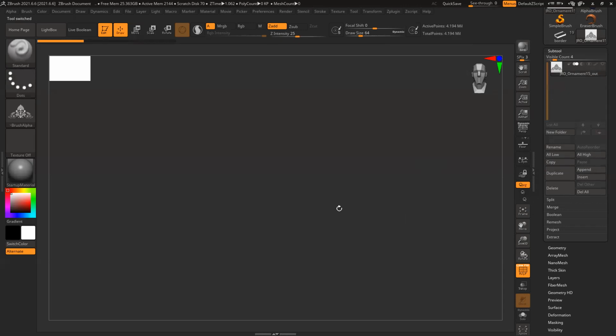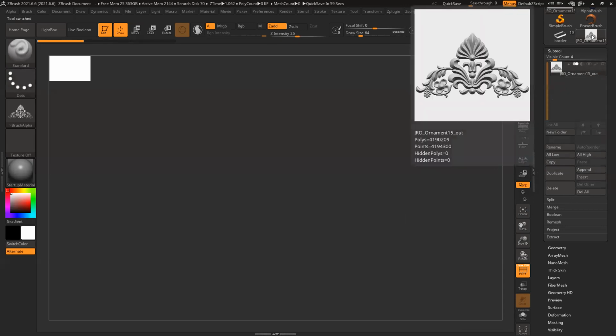Very strange. The model is there, but I cannot really see it.